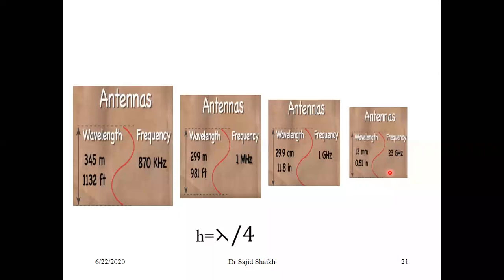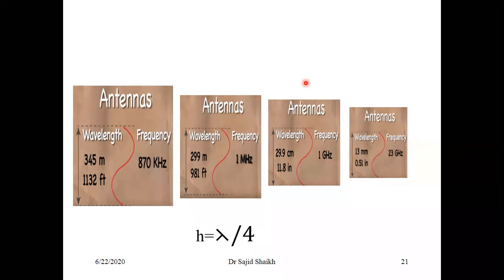Is it clear? So now what I mean to say is that frequency and wavelength are very important parameters, because they directly impact the height of the antenna. So what is the significance of the height of the antenna? If the height of the antenna is very high, then ultimately the installation cost will increase, the maintenance cost will increase, and the handling and quality of service and a number of other parameters are affected. So ultimately the overall service will be expensive, and the quality of service will be degraded.